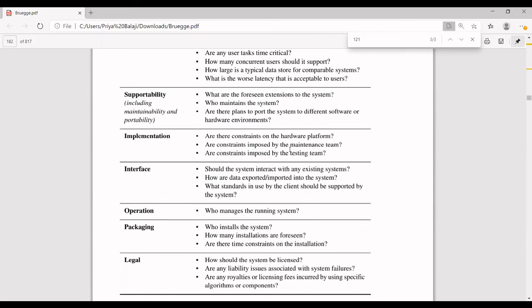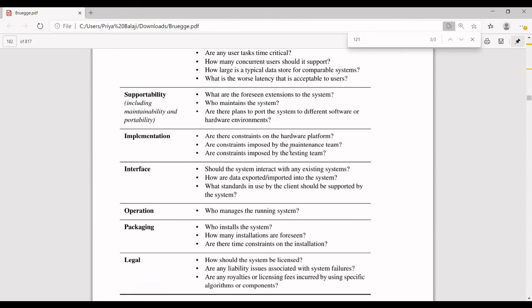Next, what are interfaces? As I told you, an interface is nothing but how the system is going to interact. Like your watch has to interact with the Webify watch or the GPS. So what interface has to be used? How is the communication going to be done? Whether you need extra files to be added for that, or the existing one is more than sufficient for an external interaction.